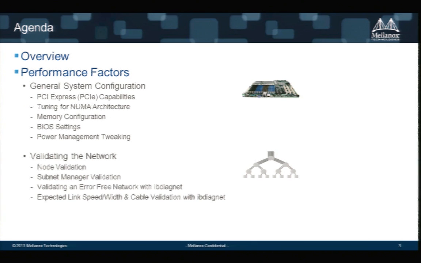There are not many tools in the OFED package. IBDiagnet is probably one of the most used tools, enabling us to get information about the subnet and the cables on the subnet and other hardware